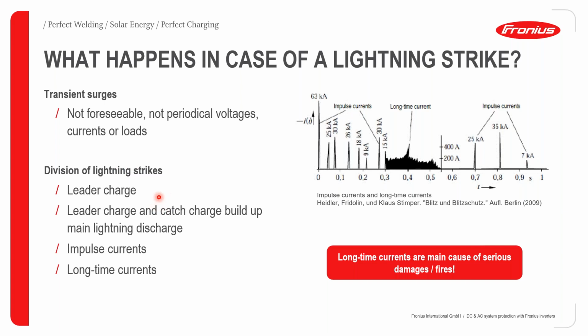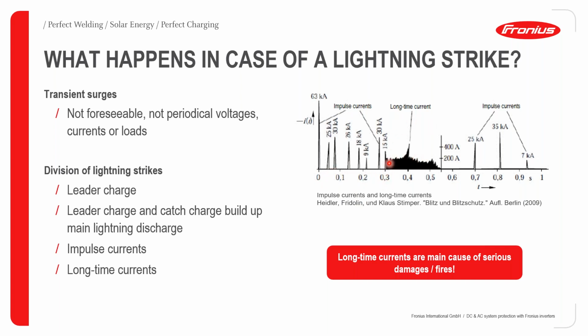And we have what we refer to as the leader charge. Then the leader charge and the catch-up charge will build up the main lightning discharge. Then you have the part of the lightning that we refer to as the impulse currents, as well as the long-time currents. We can see here that the impulse currents are also quite big. They are operating, as you can see in this graph, from 9 kiloamps up to 30 kiloamps in some instances. These are within microseconds of time measurements, but you also have the long-time discharge,